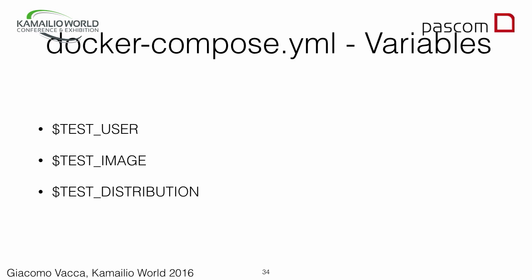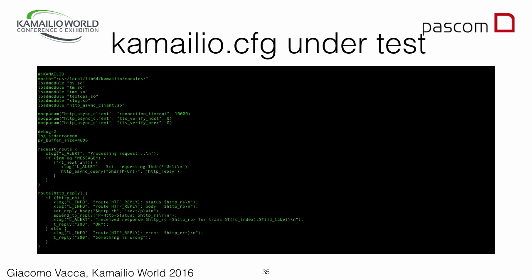For free, we get environment variables inside the YAML for Docker Compose. So in this case, I'm just using three to define the user, the image, and the distribution. So I can inject these variables from the shell script inside Docker Compose and then just run, basically. Tell Docker Compose to